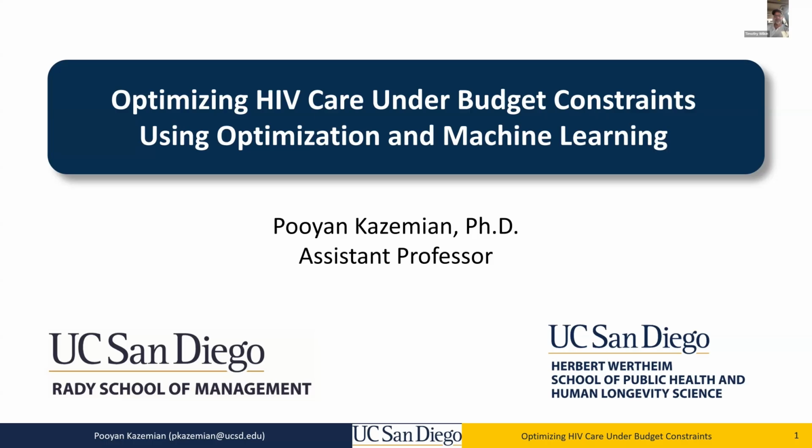He's an assistant professor jointly appointed in the School of Public Health and the Rady School of Management. Prior to joining UC San Diego in 2025, he was on the faculty at Case Western Reserve University's School of Management for 5 years, and before that at Harvard Medical School and Mass General Hospital for 4 years. His research lies at the intersection of artificial intelligence, machine learning, and data-driven optimization with a focus on improving healthcare delivery, population health, and health policy decision-making. He develops and applies advanced analytic methods to analyze care, optimize healthcare operations, reduce costs, and improve health outcomes for individuals with chronic and infectious diseases.